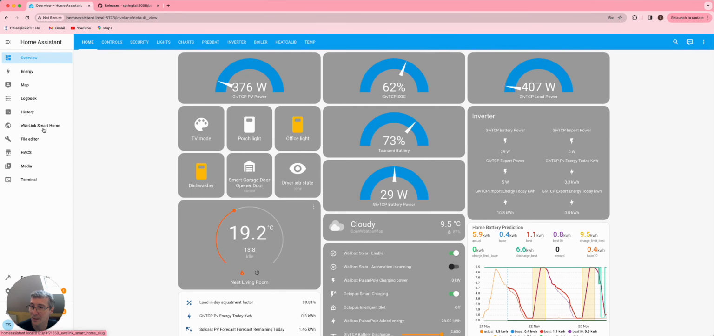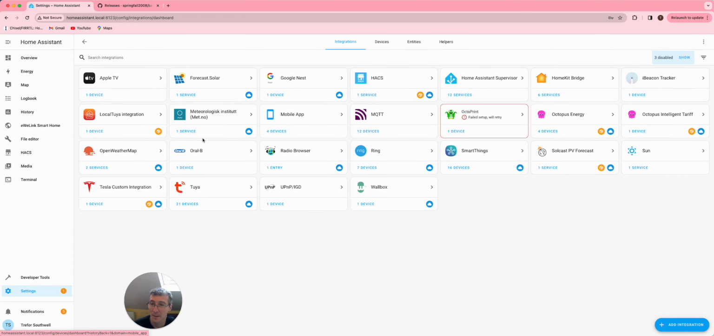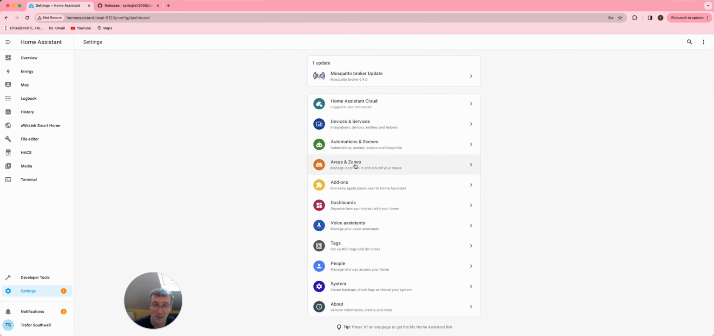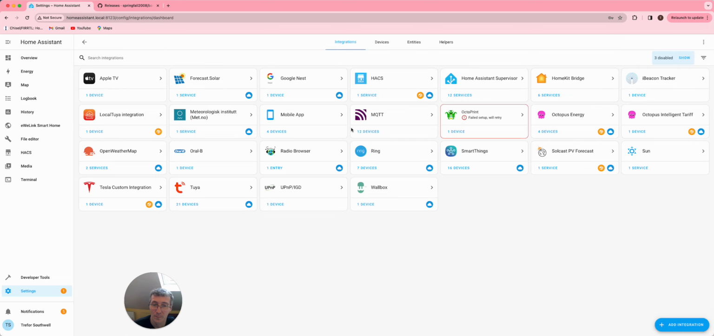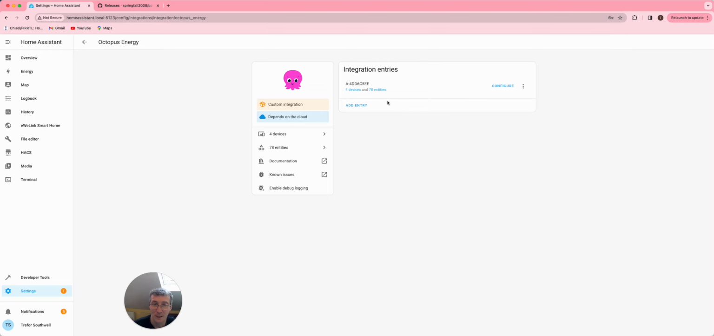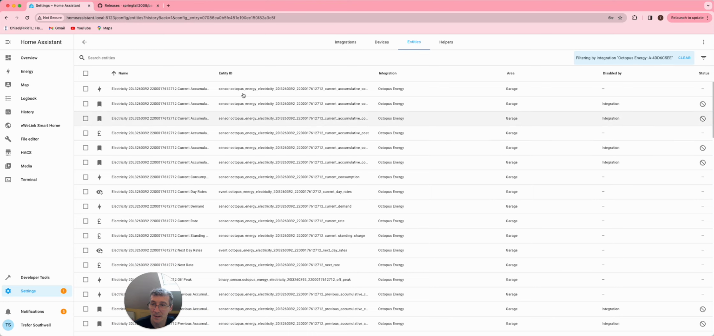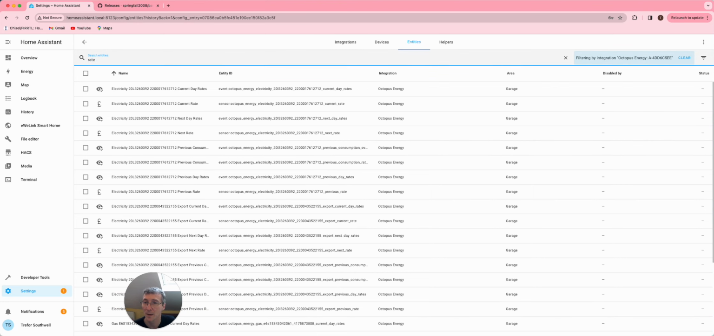The way you can do it is if you go to settings and then devices and services, add-ons, devices and services, Octopus Energy, I always forget where these things are, and then you'll see 78 entities. If you search for, say, rate, you'll find some sensors. So some of these are called sensor, and that's the old one. Some of them are called event, and so they've been moved to the event,